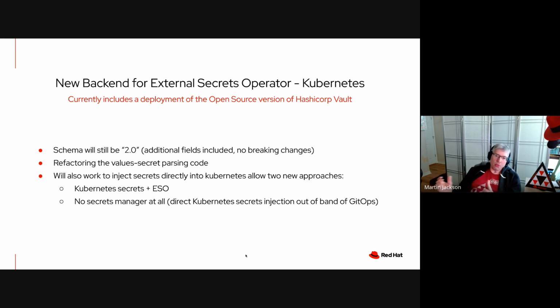And so Vault was by far the most popular one that was available for all of those things, for all the different clouds, for bare metal. Vault was well documented, and so on. This was before Vault and HashiCorp in particular decided that they were going to change their licensing scheme. And so when HashiCorp made their announcement about moving all of their products to the Business Source License,